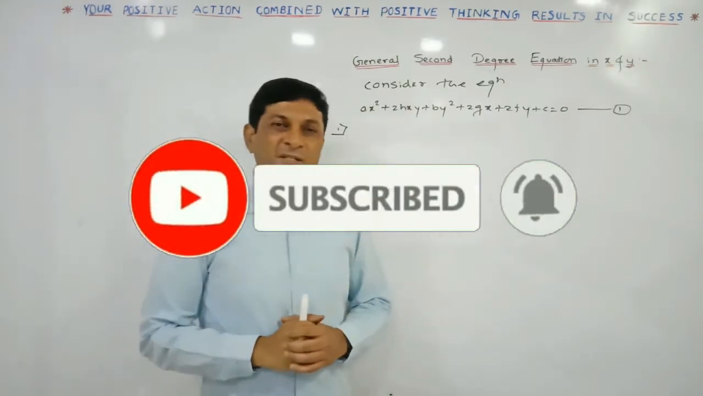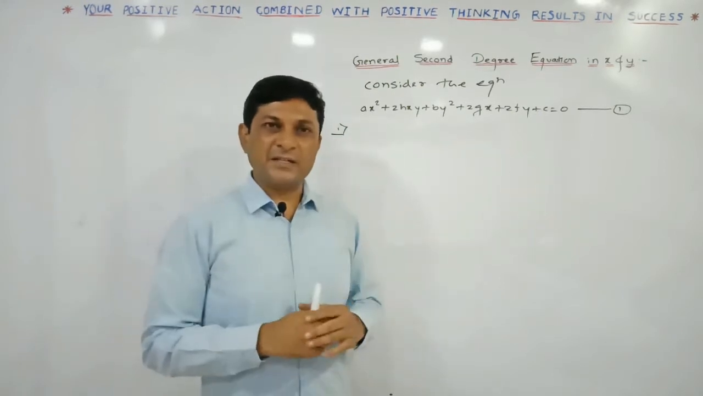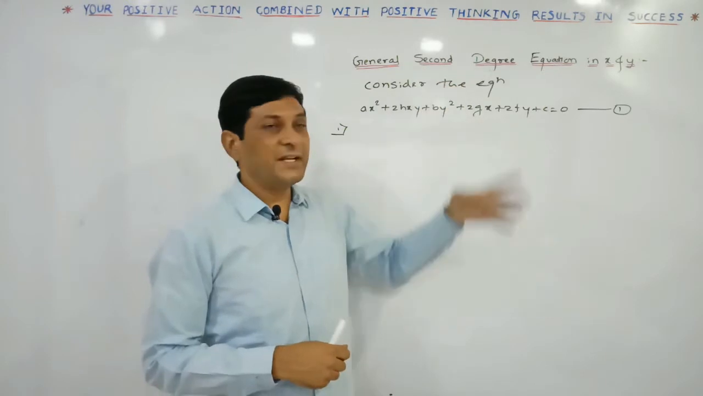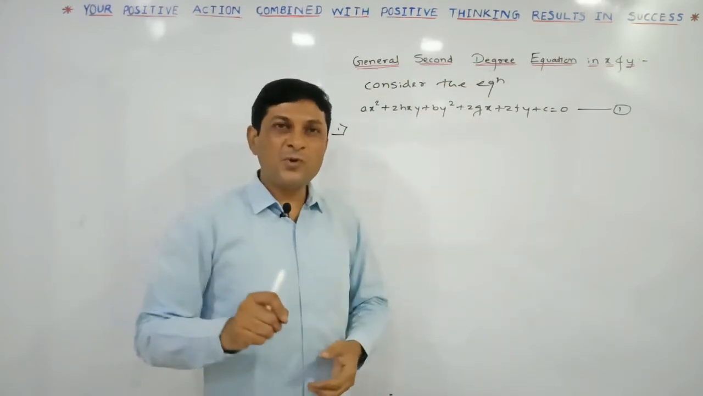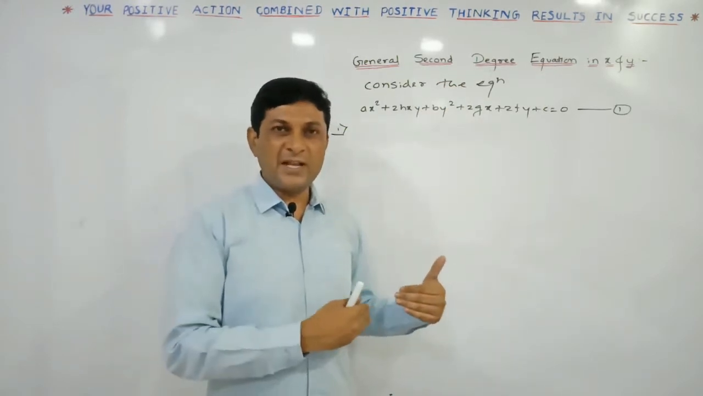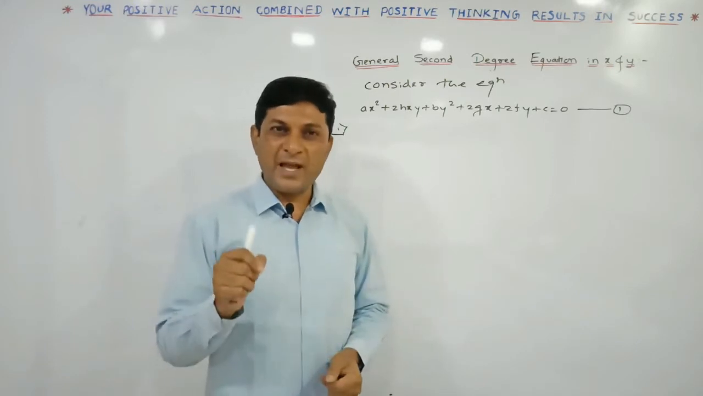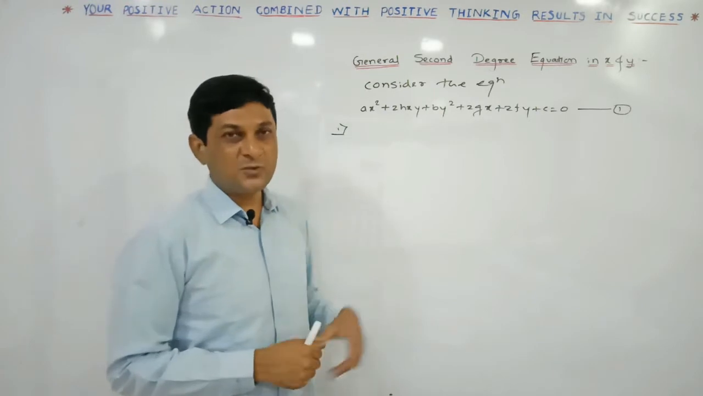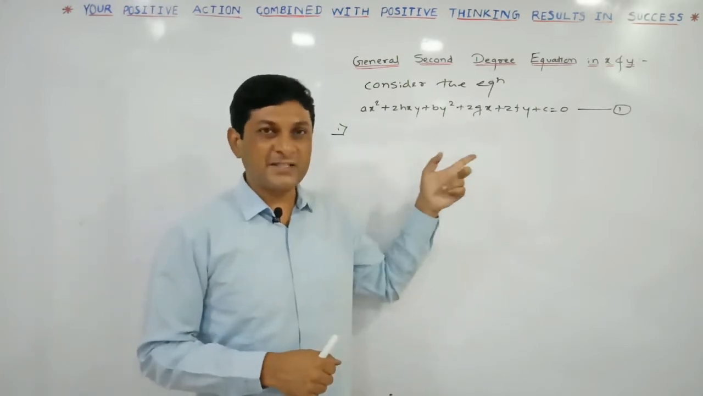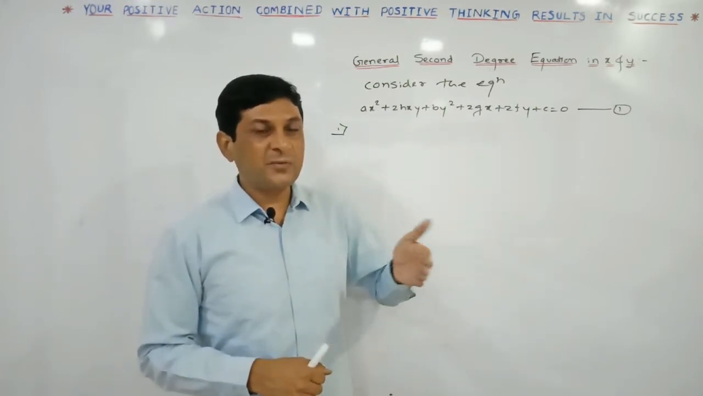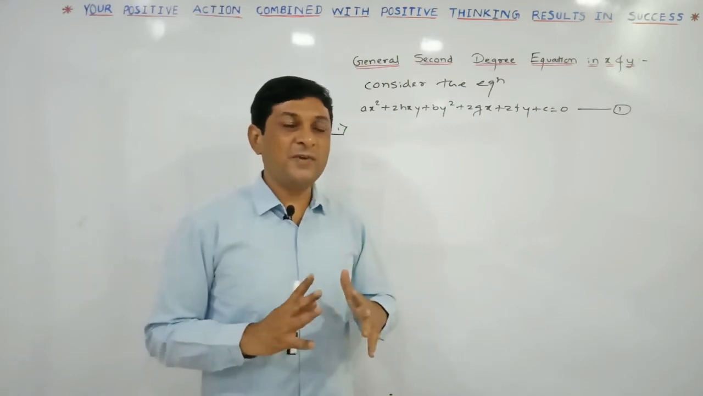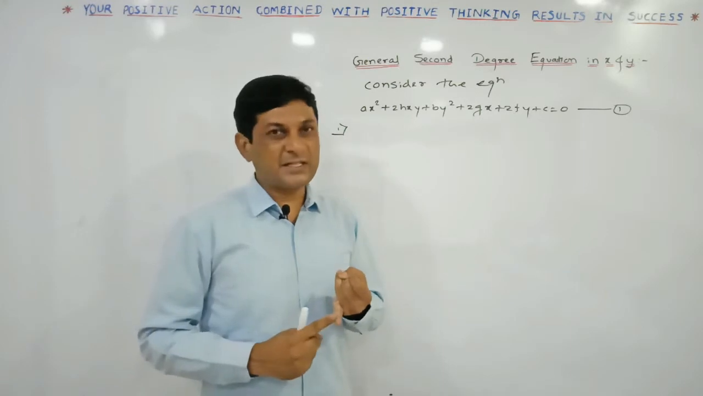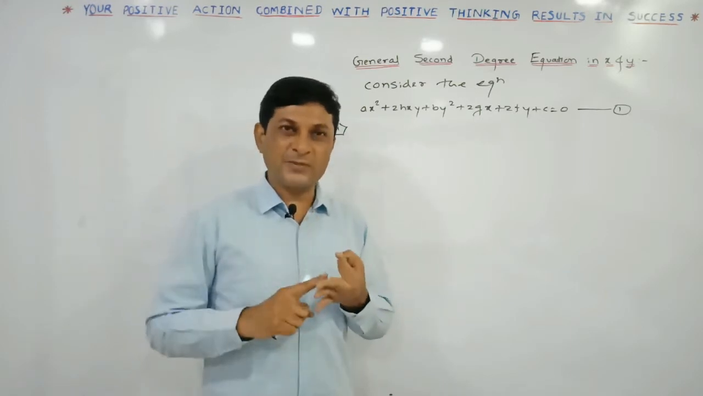So now let us discuss the very important result related with the general equation of second degree in x and y. In the last theorem we have proved that if equations of two lines are given to us, then their combined equation is the general equation of second degree in x and y. But remember that the general equation of second degree in x and y does not always represent a pair of straight lines. Sometimes it also represents a circle, parabola, ellipse,